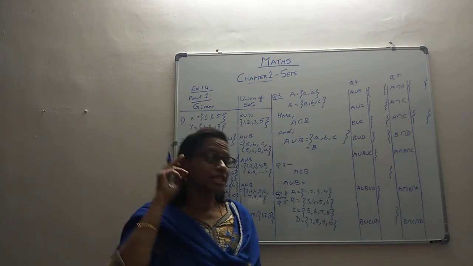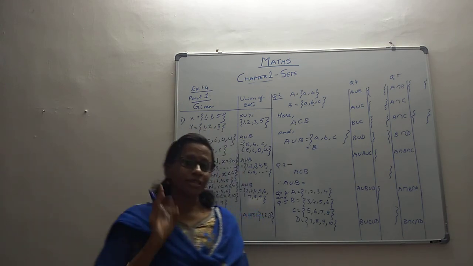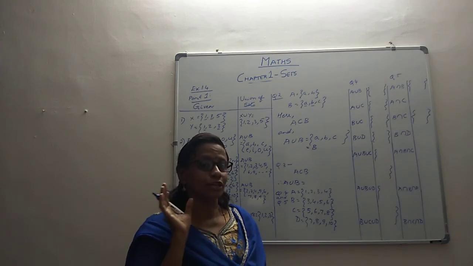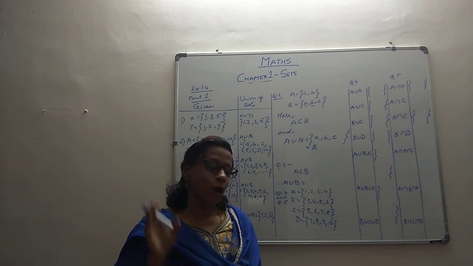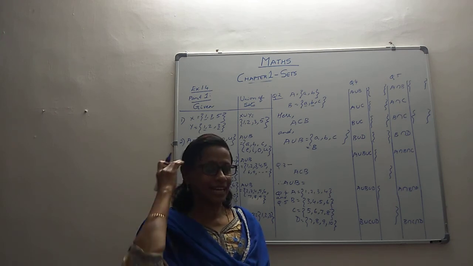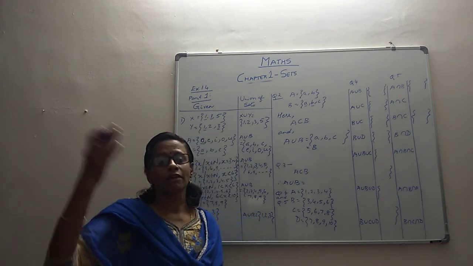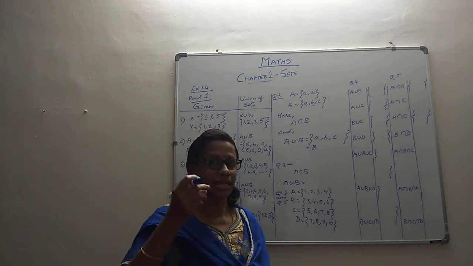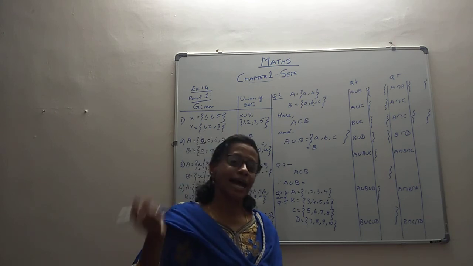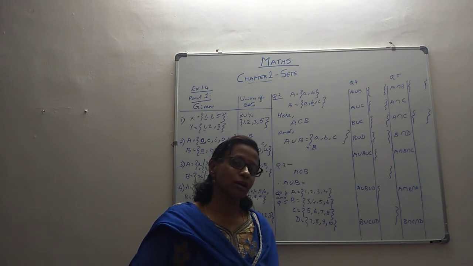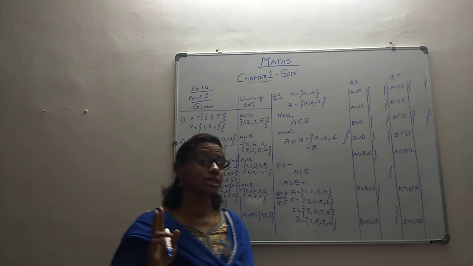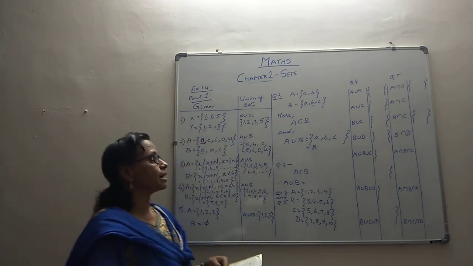So this is a conclusion that we have to keep in mind, that whenever there is an occurrence where you have A subset of B, the union is going to be the bigger set. Also, you can keep in mind that the intersection is going to be the smaller set. That can come to our rescue whenever we take up the 1 mark questions. We can do it very briskly. Union is always the bigger set in case of subsets, and intersection is going to be the smaller set whenever we are talking about subsets. So that is about our question number 2.